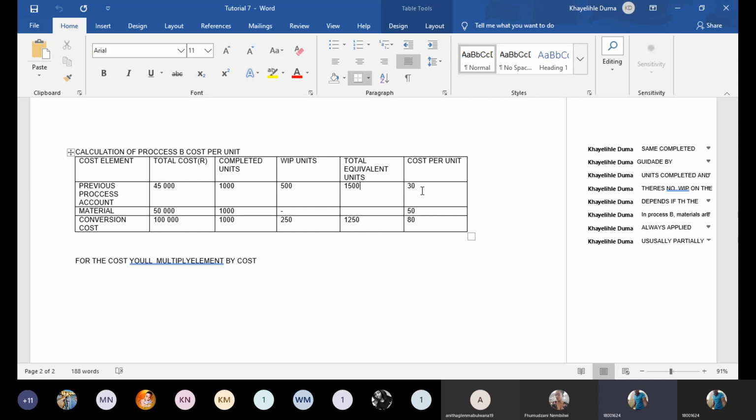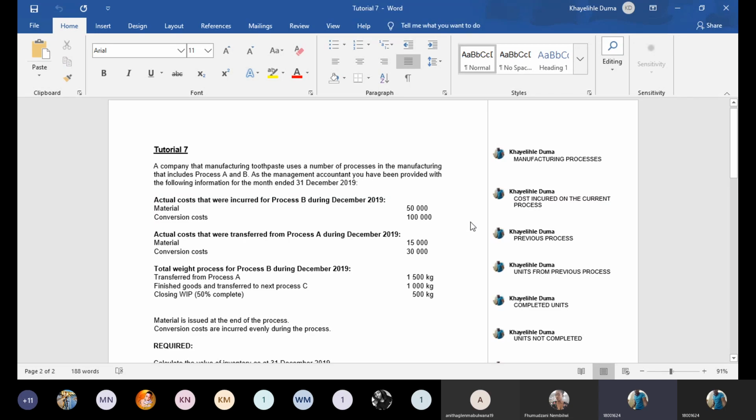So right, previous cost. Remember, we are doing the calculation of process cost B, cost per unit. So you start with the previous one that you transferred from the other process. There it is. Then you got that the cost per unit was 30. Then it's fine. And then now you'll come to material. We're on process B, right? We started by including the ones that we took from the previous process cost. Then now, because we are done with the opening balance, we can focus on what was happening in the current one.